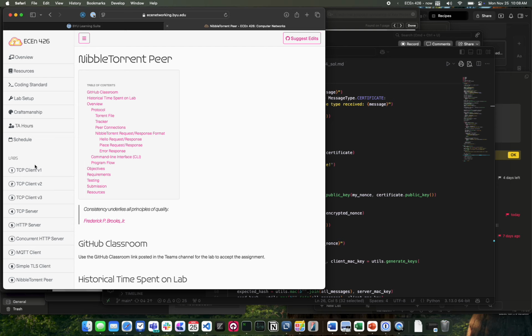That's actually what I was saying. I was talking to Ashton, who was the TA last year. He was with me on this trip. He said one of the hardest parts of this lab, which I like, I think, is that you guys are going to be interacting with other peers. Someone might have an uploader that you're trying to download from, and they might not have implemented the protocol perfectly, and you might crash. And so you need to write your code really robust.